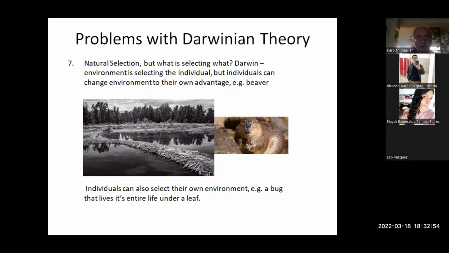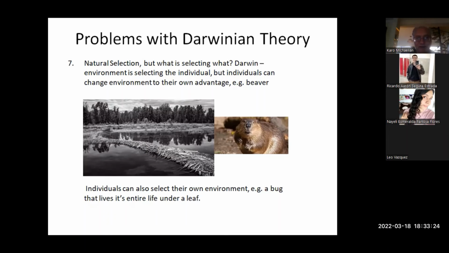For example, a beaver builds a beaver dam so that he has a pond for swimming in, changing the environment so that he is able to survive. No, he can change quite a bit the environment. So what is selecting what? Is the environment selecting the individual, or is the individual selecting the environment? That's a problem in Darwinian theory, no?